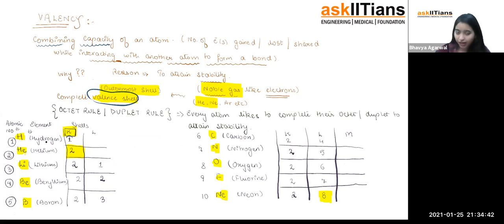The valence shell is K shell and the valence electron is 1. Since it is lying in 0 to 4, its valency will be the number of valence electrons. If the valence electrons are 0 to 4, since it is 1, valency is also 1. Since in helium, the valence electrons are 2, its valency is also,